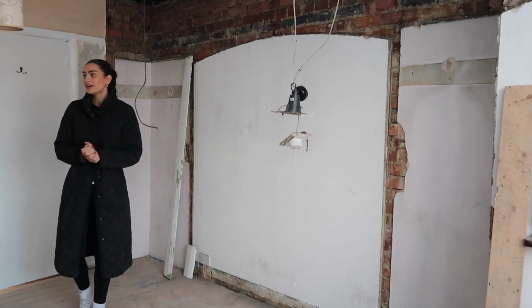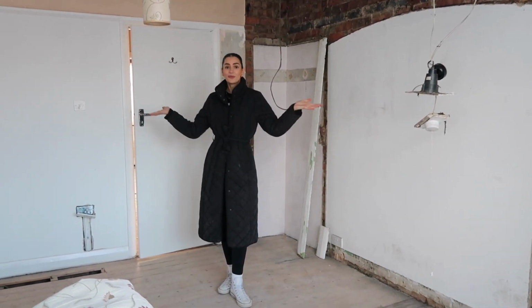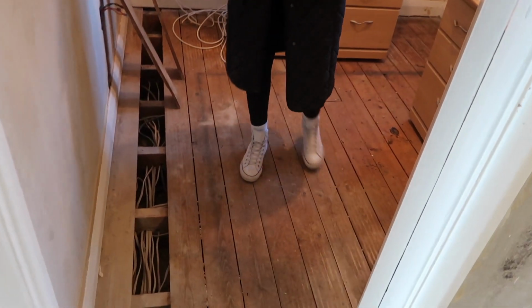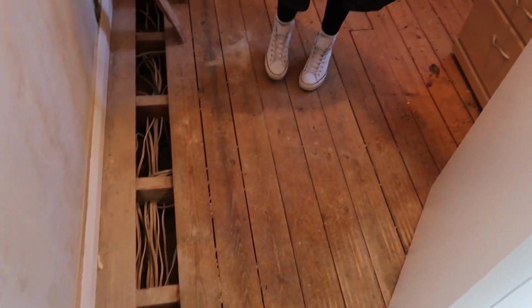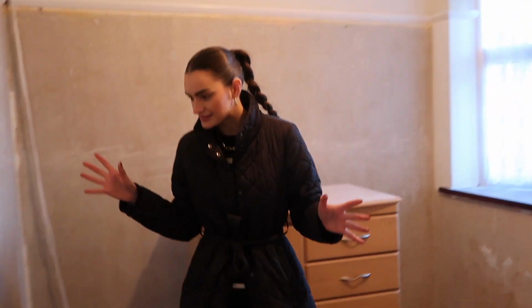It was a real nightmare. So it's definitely looking better, and I can't wait to share the progress with you. Small bedroom, soon to be office, it's such a small room, it's hard to share too much progress with you. But again, in here, what we've done is changed over the light switch so that we can